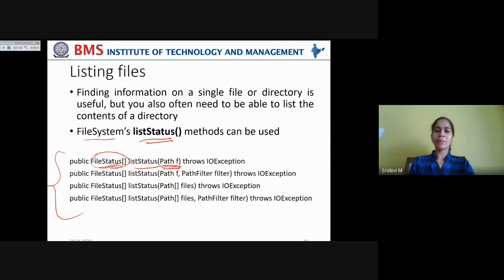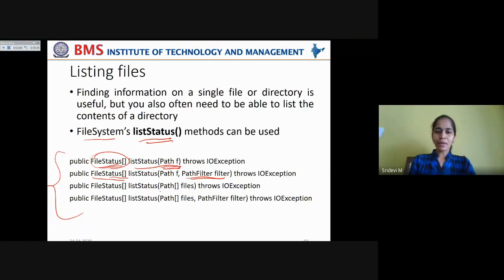For a specific file that is mentioned, it is listing the status by taking all those parameter values into the FileStatus array. Now, if you want to specify a path filter also, meaning if you want a set of paths to be specified and you want to filter out some file paths, in that case you can give a regular expression as a PathFilter object. Now, this will also return a FileStatus array, with parameters as FileStatus array.